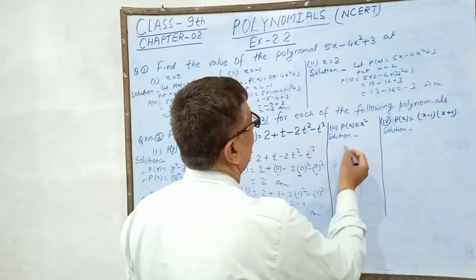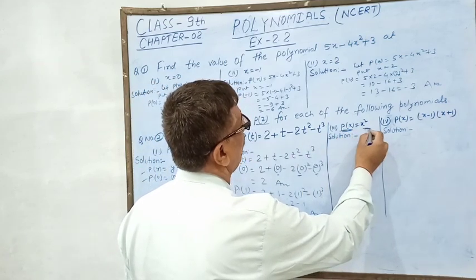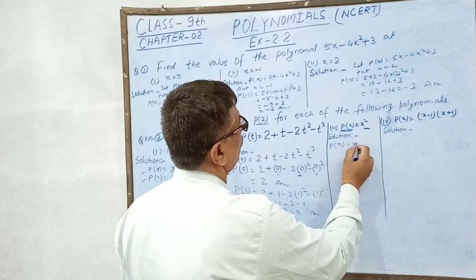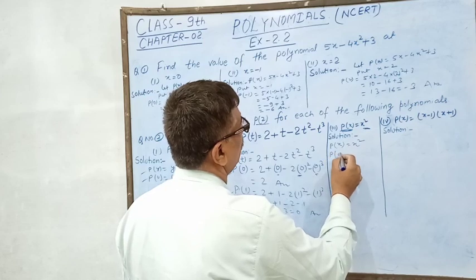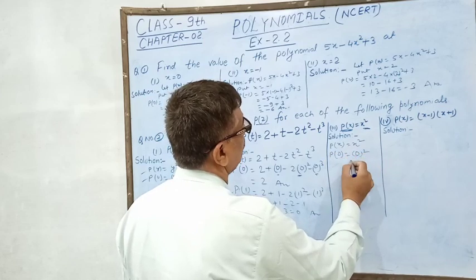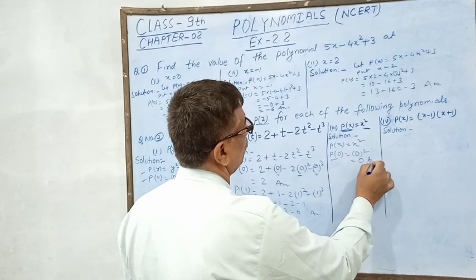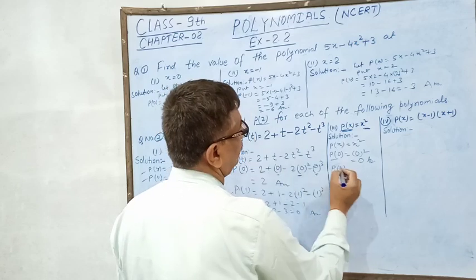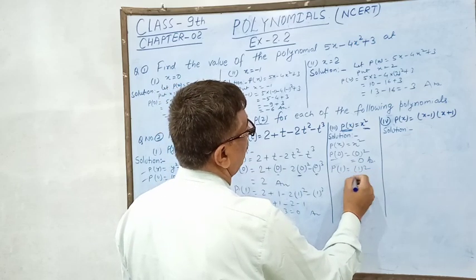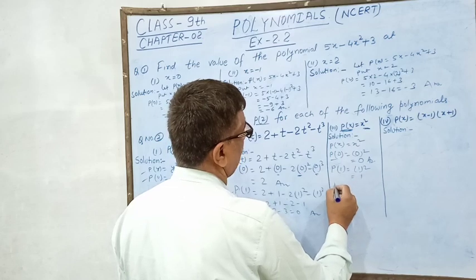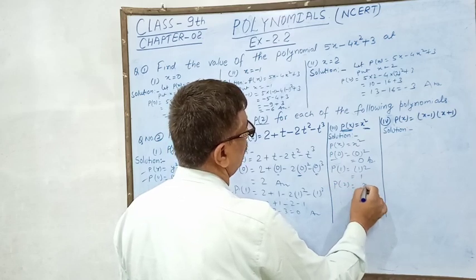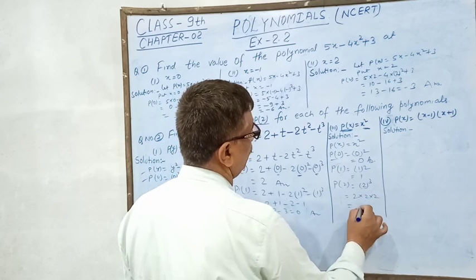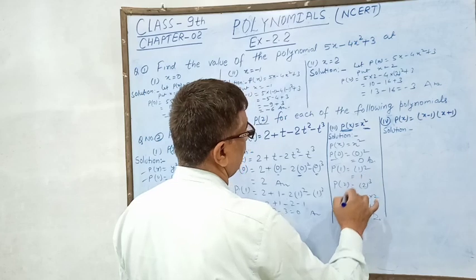Okay, and now px is defined as x square. So we have to find, first of all you write p of x equal to x square. P0 is equal to 0 square. 0 square means 0, so the value of p0 is 0. And then p1, okay, you see 1 square, in place of x you put 1, and p2, that means 2 square. Then 2 cube, that means 2 into 2 into 2, 2 to the 4, 4 to the 8. So completed this one.